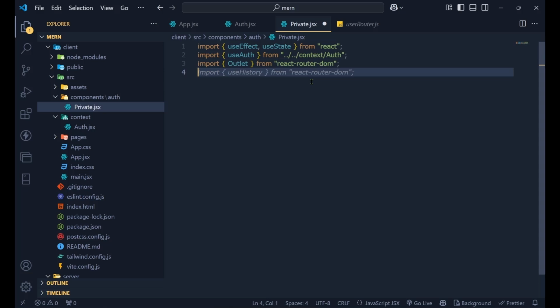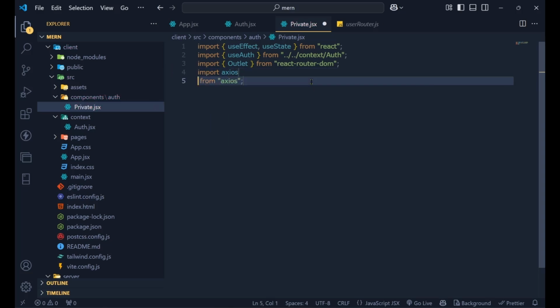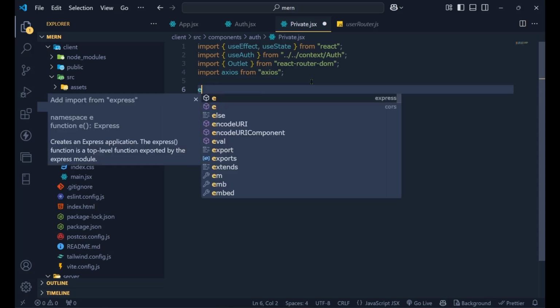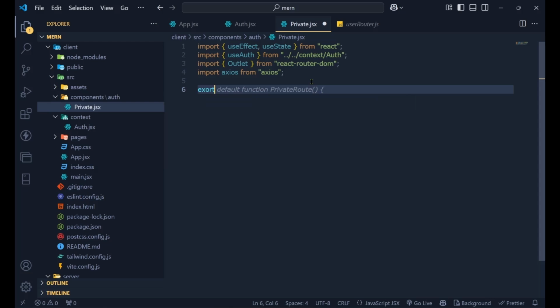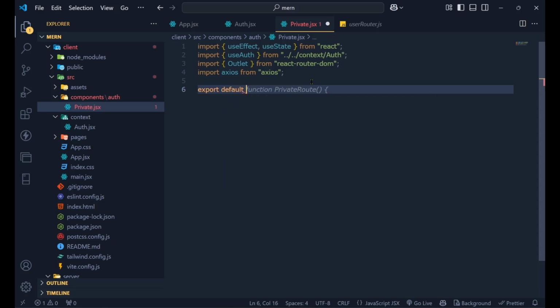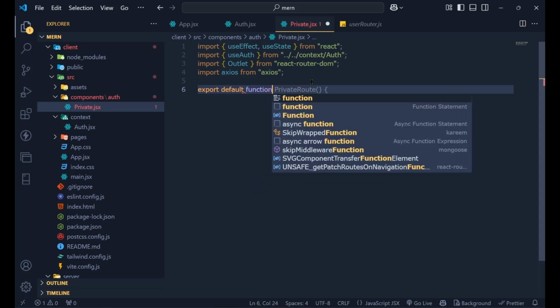Now after this Outlet, what we'll do is we'll import Axios again. So let's say Axios from Axios. Now after Axios, what will we need? We'll need nothing else. So what we are going to say is export, and then we need a default function. If we say export default function, it will be the default function which we'll be exporting. We don't need to write modular exports or anything else. So we can simply write this